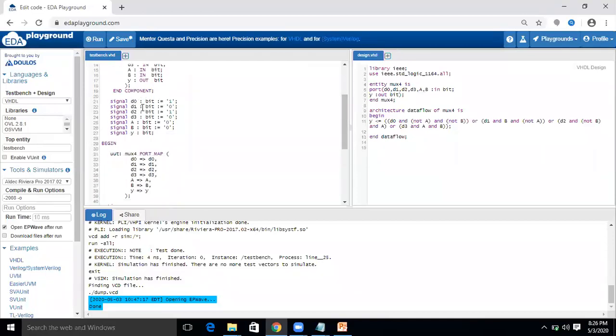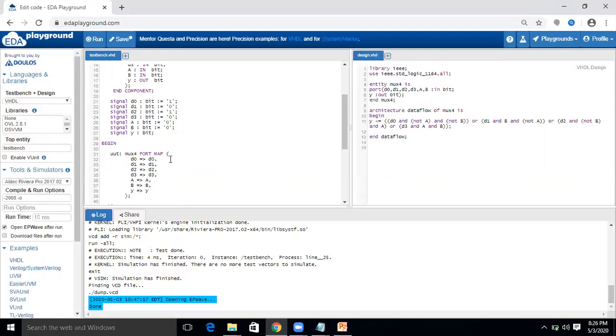Then we'll define the signal values. So for D0, as a first input I am passing 1, for D1 I am passing 0, for D2 I am passing 1, and for D3 I am passing 0. These are the inputs I have provided. Test bench, as I discussed earlier, is just for testing purposes, whether your design is working properly or not, but you have to define everything inside the test bench. So a test bench is essential for writing the VHDL code. Without a test bench you cannot test the functionality of your code.